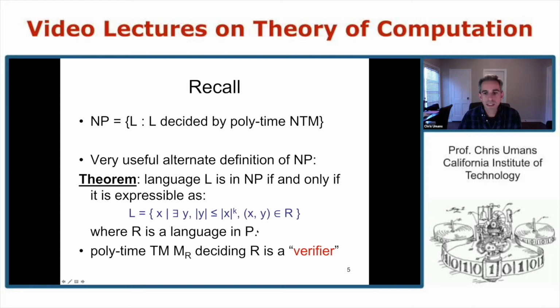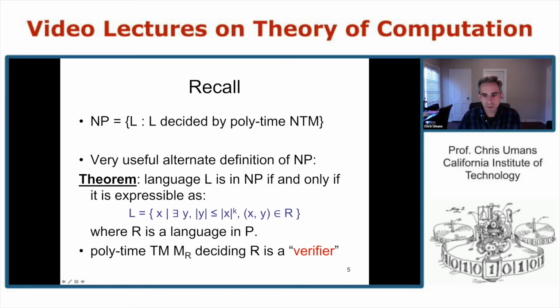And that's a nice thing because it doesn't make reference to non-determinism. It just talks about polynomial time computation, which is easier to think about. Okay, and then if you actually wrote down a Turing machine that decided that language R, you might call it M sub R,